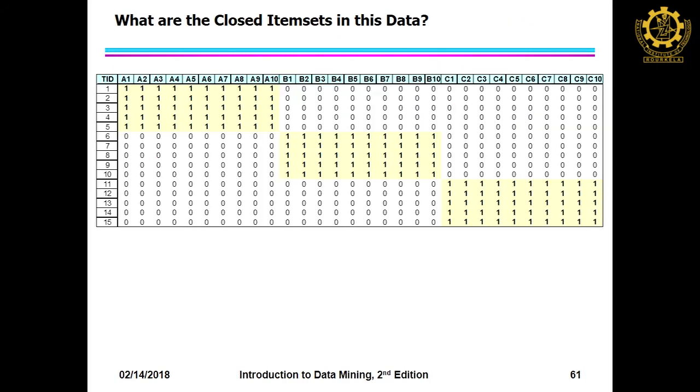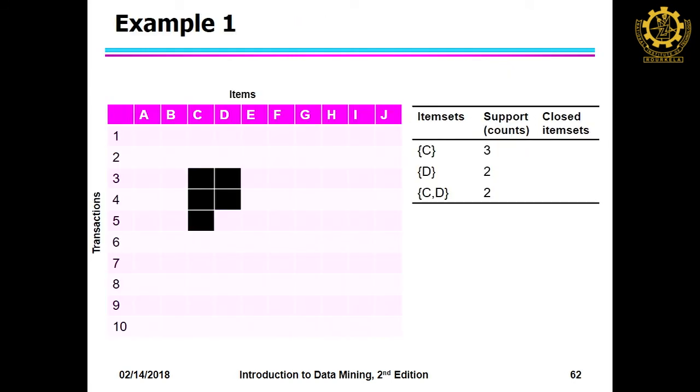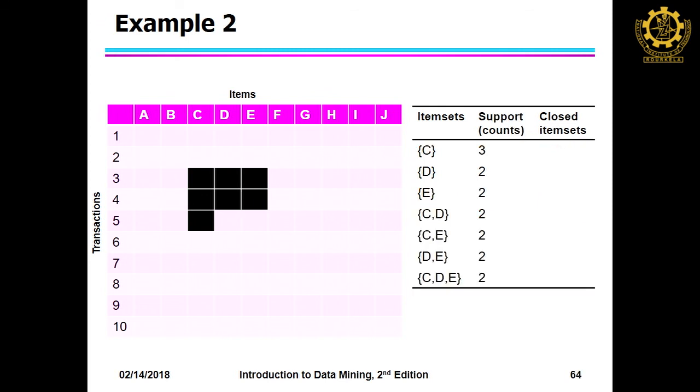So, now you can find what the closed item sets are. Now tell me which one will be the closed item set in this example, where support is given. Which one will be closed and which one won't be closed? So, C will be closed, D is not closed. So, C and CD are closed. What next? C automatically, because there is nothing with 3. So, C will be here. CD: D's superset is CD, it is 2, it is 2. So, it is not possible. CD is the highest.